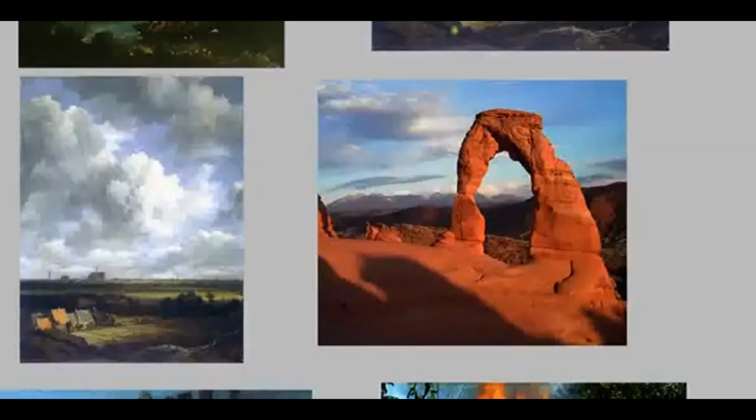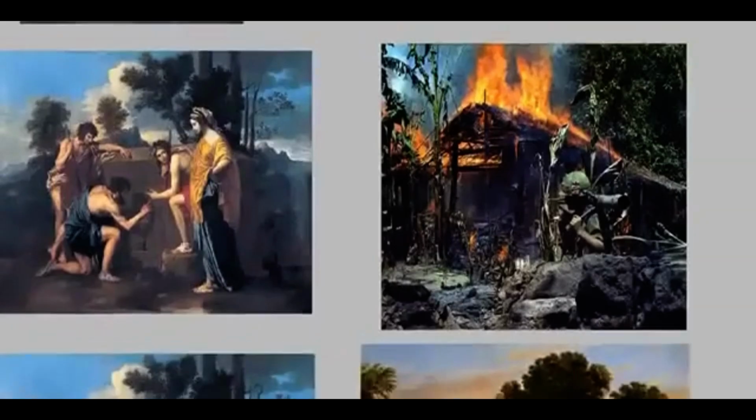So, like Jacob van Ruysdael's painting, and again, this is View of Haarlem over here, which we already looked at, images can tell you about place. They can say, I am a photo, or I am a picture of an identifiable place that is real and you know about. Much like this photograph here on the right, if you're familiar with the geography of the United States, you might immediately say, oh, that looks like the American Southwest. Or if you're even local to the area, you might know this is Utah.